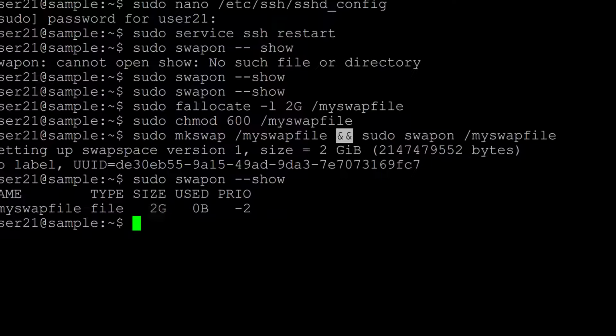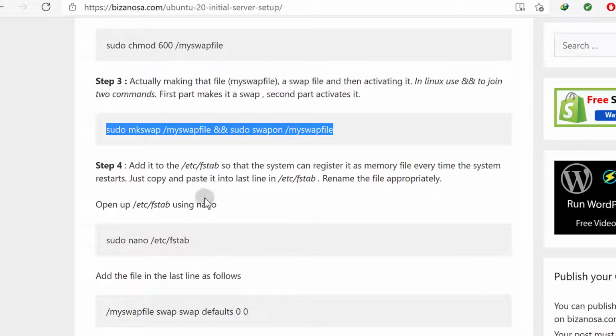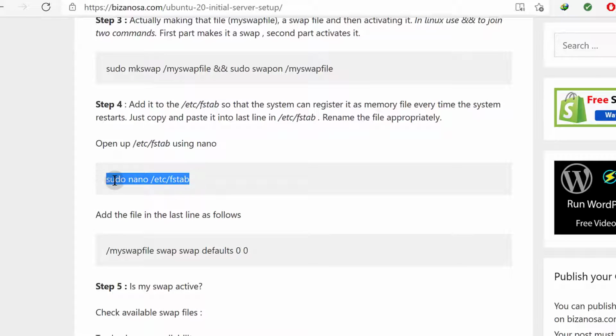Unfortunately, if we restart the system, it's not going to notice that swap file. So what you need to do is add it to the fstab file, and this will let the system know every time it restarts that there is a swap file that you need to register under your memory locations as well. So I'm going to copy that and